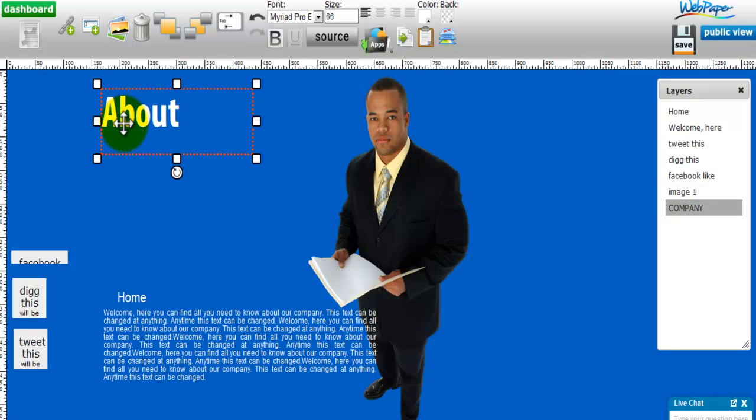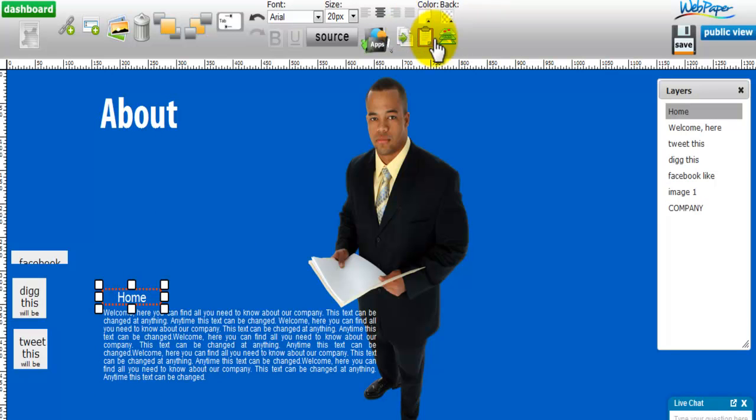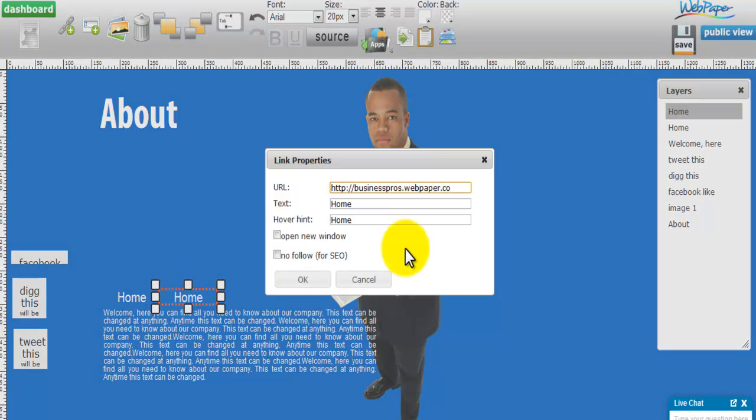And let's put that right there. And so now if we want to take this link, we copy and paste it by clicking those icons up there. Holding Control and Shift and using the arrow keys, I can move it around. Double click on it, and I could change the link, but I don't know what page this is, so right now I just hit OK,